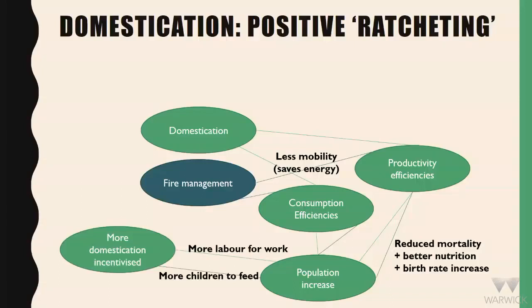This then has an effect, with more individual members of a community who are able to communicate and cooperate. There are more individuals to feed within the community, so there's a demand, but there's also more labour to be doing this. So maybe this then allows the intensification of the domestication of plants and maybe the holding of other animals as well. So then we get a positive feedback, and the process slowly intensifies.